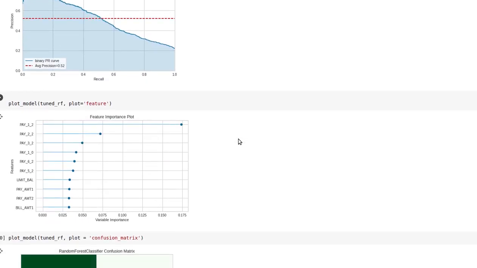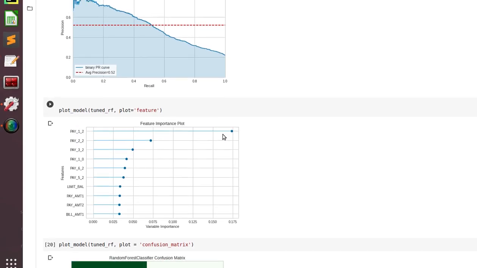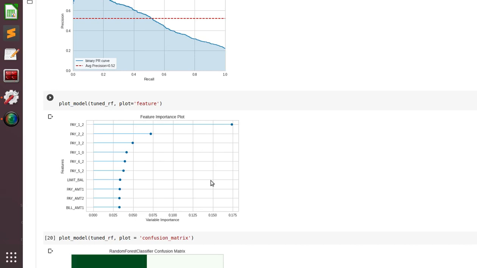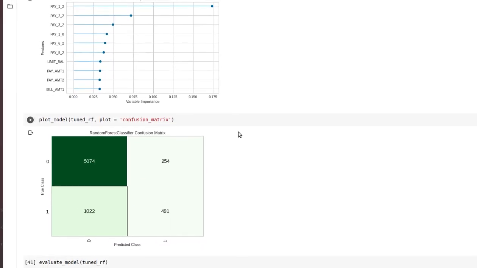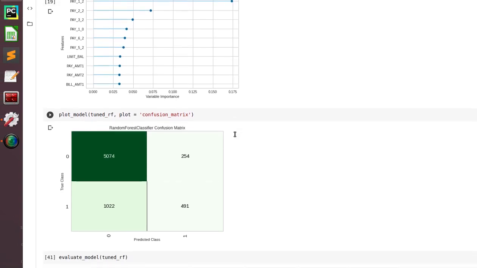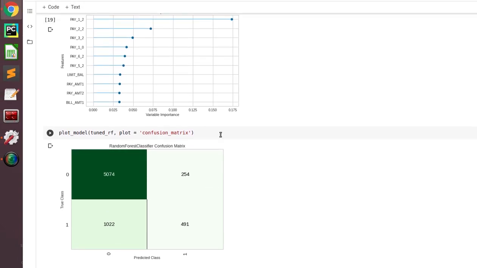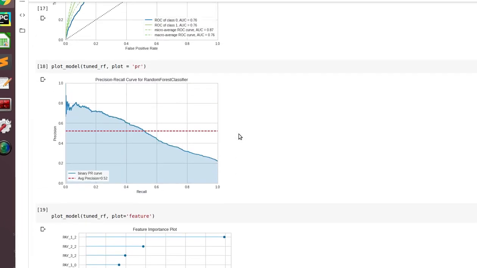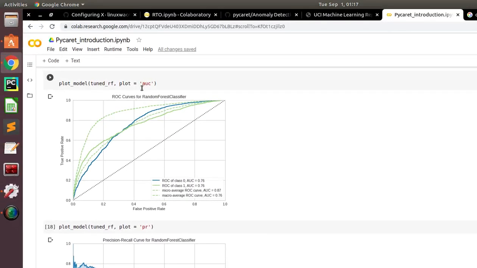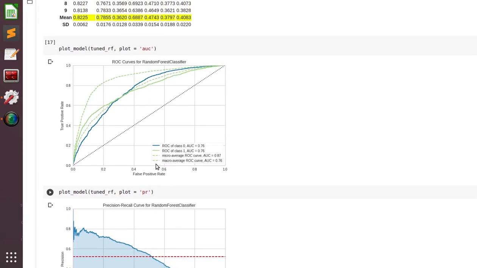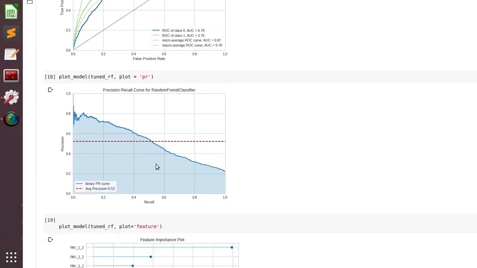As we are using random forest, there is a feature importance in it, so you can also check the best features of the model. Similarly, if you want to plot a confusion matrix, it's the same code. You just need to write plot equals confusion matrix. So you need to write it four to five times if you want to draw different kinds of plots.